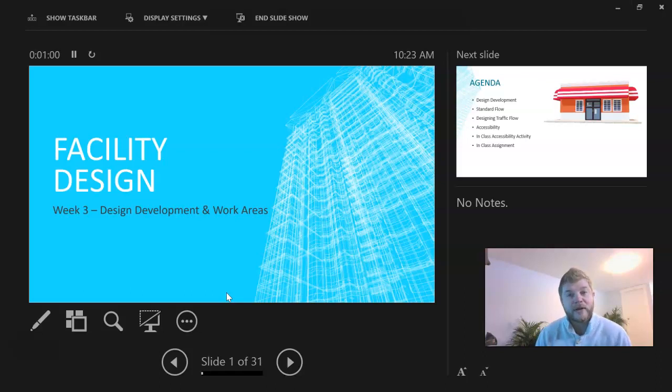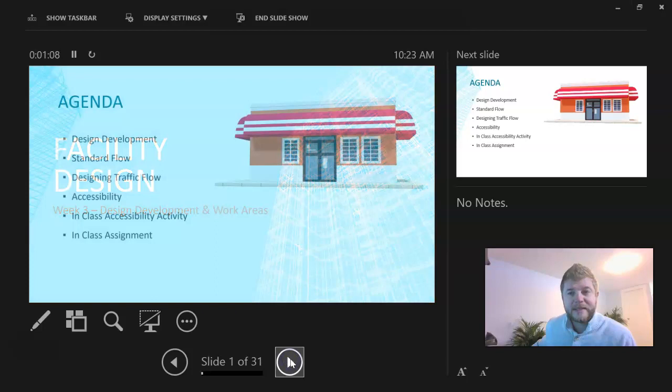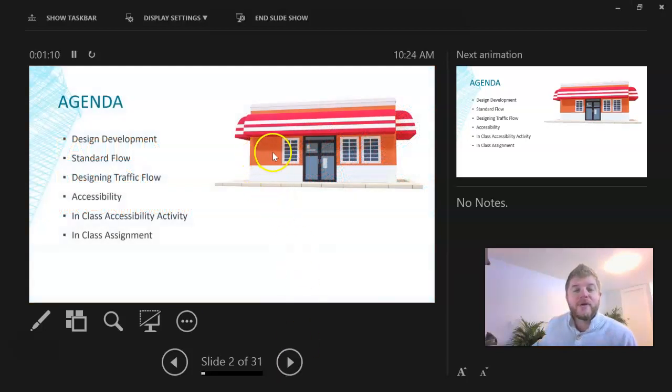And today, what we're going to be doing is a fairly light lecture and going through a few things, including what is the design development, the standard flow of either people, product, or customers. We're going to look at some of that designing of the traffic flow,